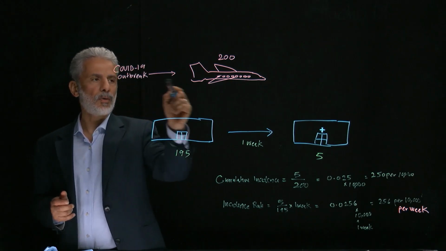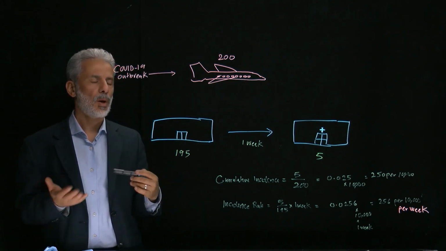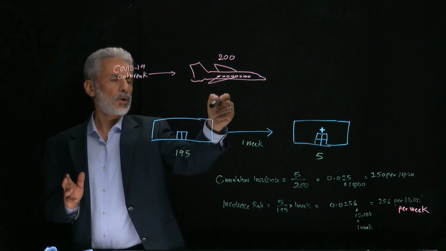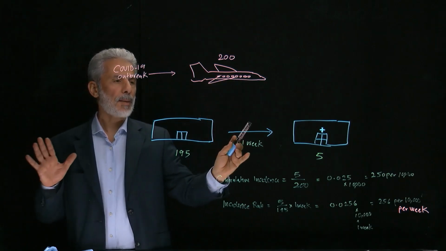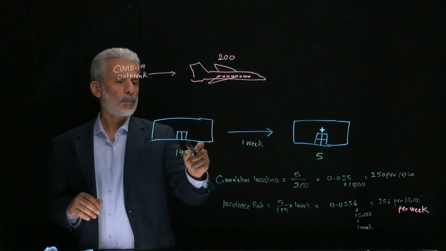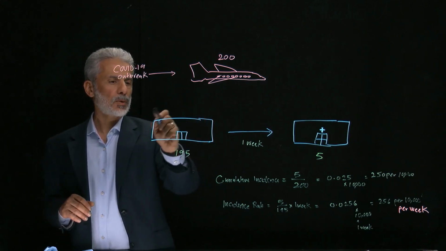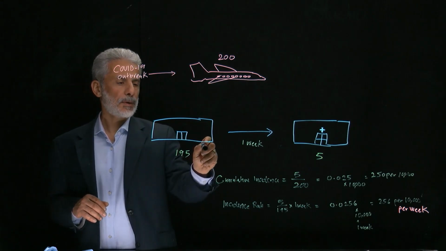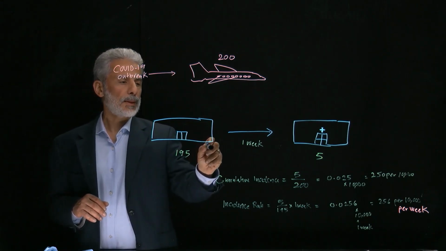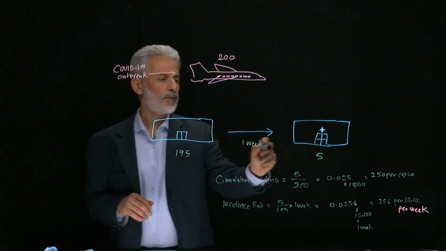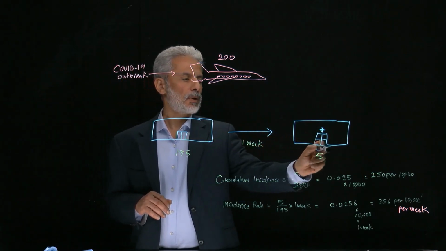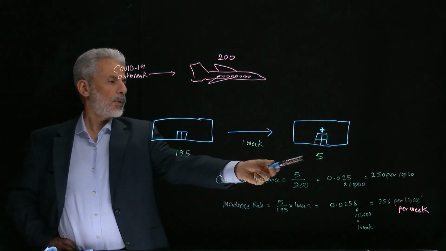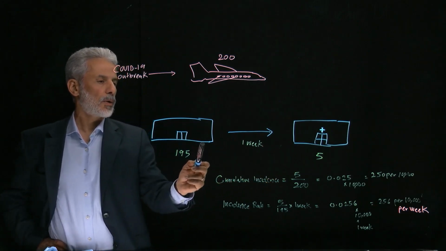So all of those 200 people are at risk. We don't know how many of them got the disease or not, but they're all at risk, right? So no one dropped from the plane. They're all there, so they're captured. They land in the airport, and then immediately they go into quarantine. So they're put in a building, right? And they're staying there for a week. And then after a week, 5 of them actually developed the disease. So they went into the hospital. So when they went to the hospital, those are the cases, and the 200